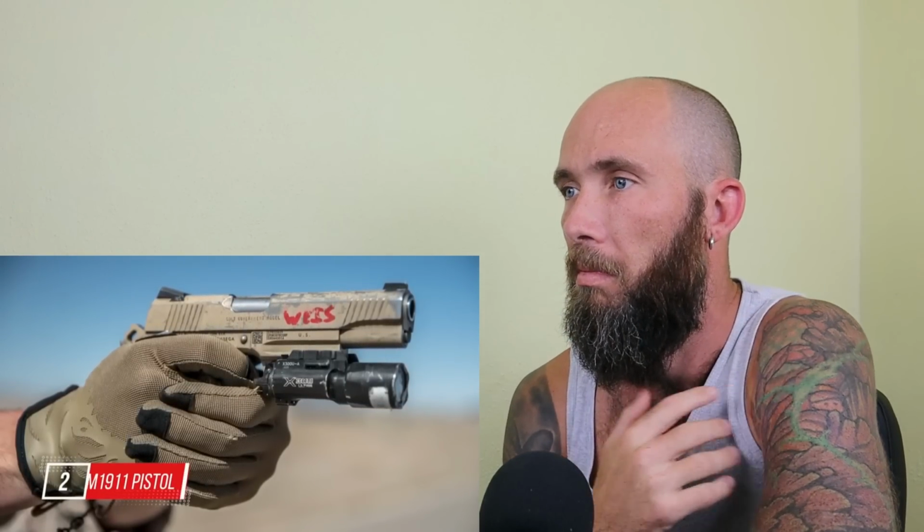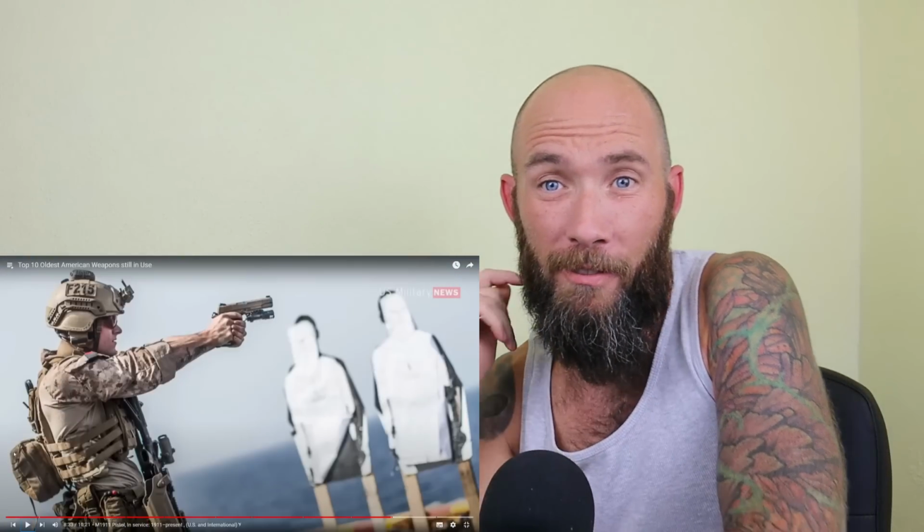M1911 pistol. The M1911, also known as the Colt 1911 or the Colt Government, is a single-action semi-automatic magazine-fed recoil-operated pistol chambered for the .45 ACP cartridge. Designed by...